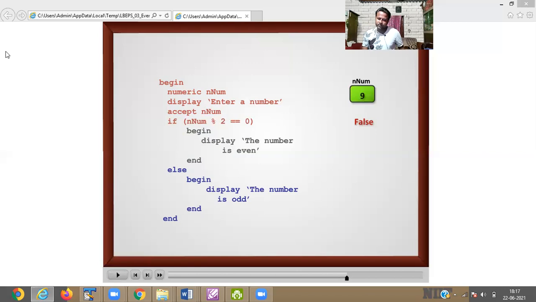Accept a year and check whether it is a leap year or not.